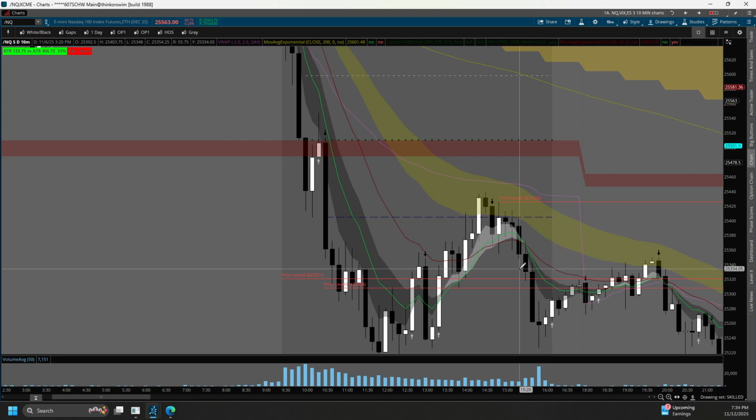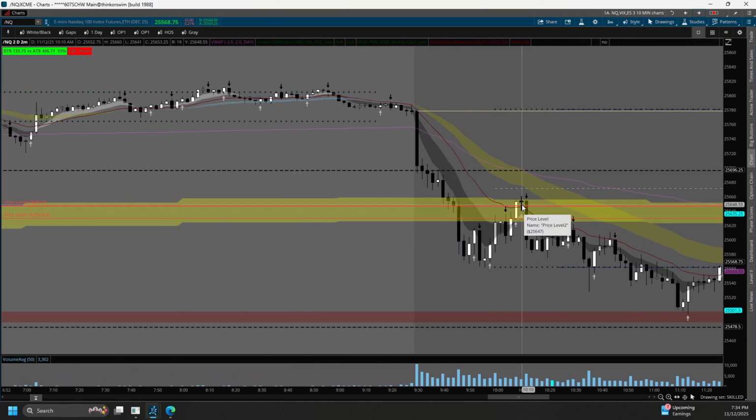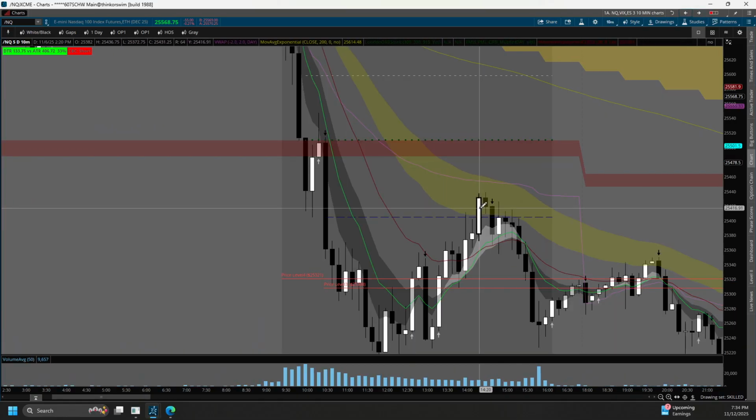It's 22 and a quarter, but I don't like setting my stop right at the tip or crest of another candle, because look what happens here. You get a little wick out. And even then, this candle is pretty damning. Just like on the 2-minute chart, where we wicked over and closed back under the prior candle. We wicked over, closed back under the prior candle. It's not a good look.